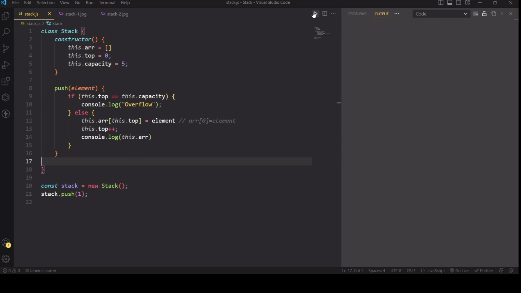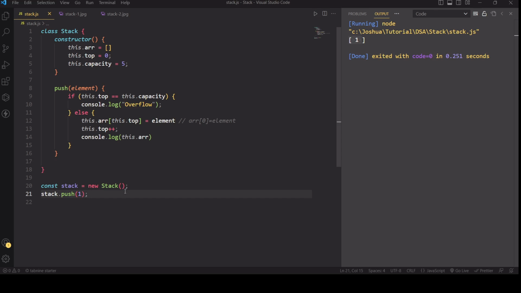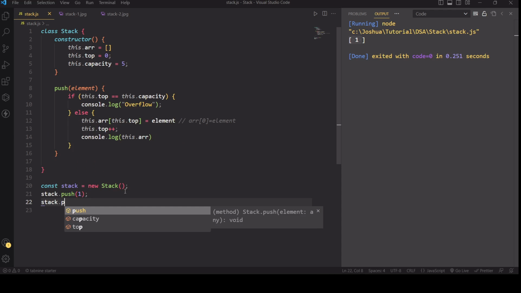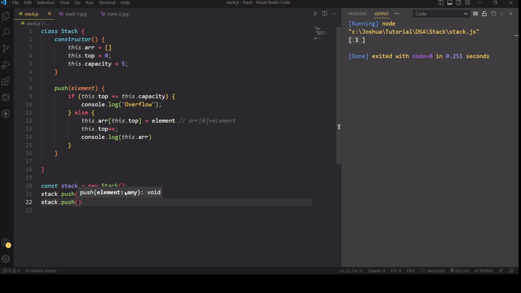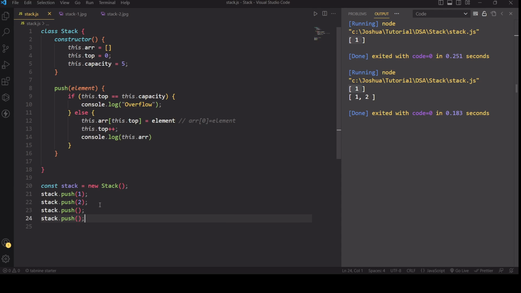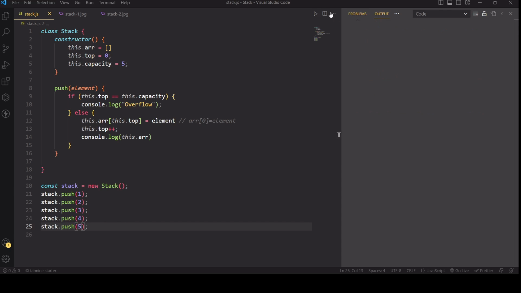Let's run again. So 1 is inserted, and if I put stack.push, you copy this one. If I push 2, we have 1 and 2. We'll copy this four times: 3, 4,